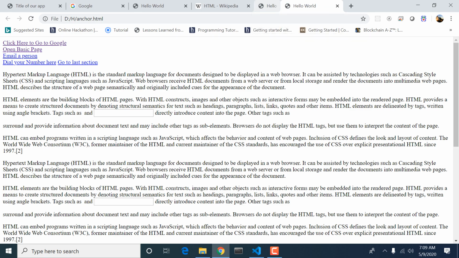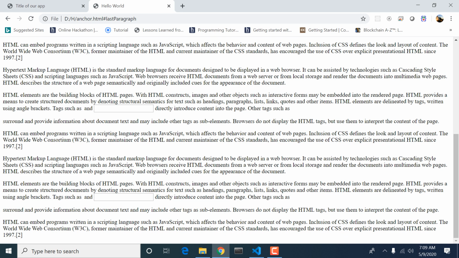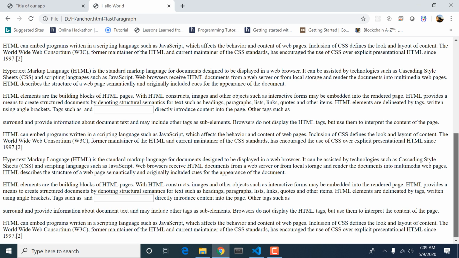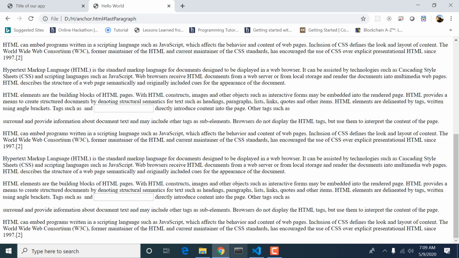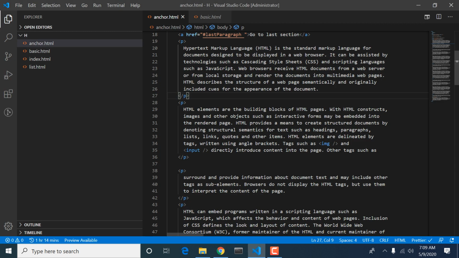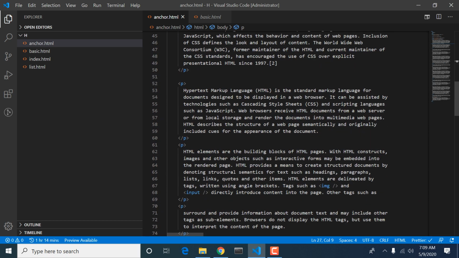Okay, closing the non-required ones. When we click this, you often see that our scroll bar comes here. Go to this section, this will appear like this. So these things are known as in-page anchors.